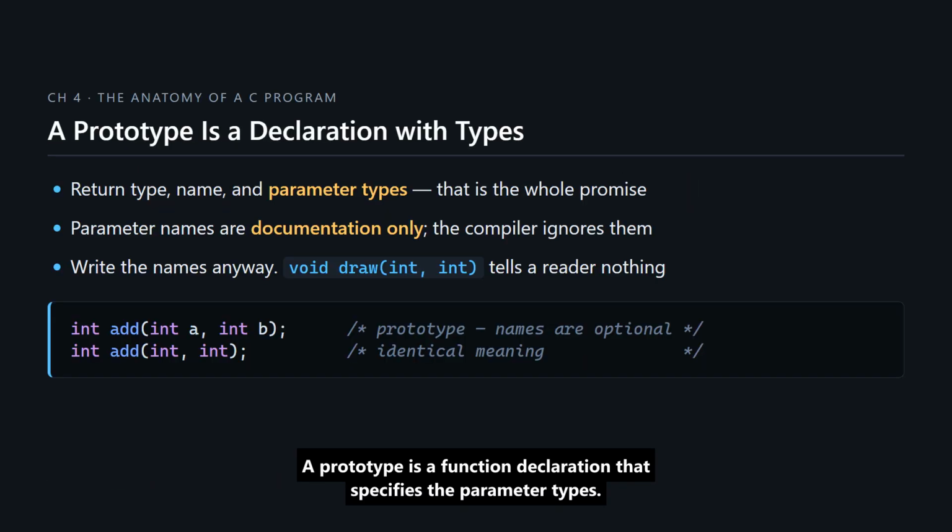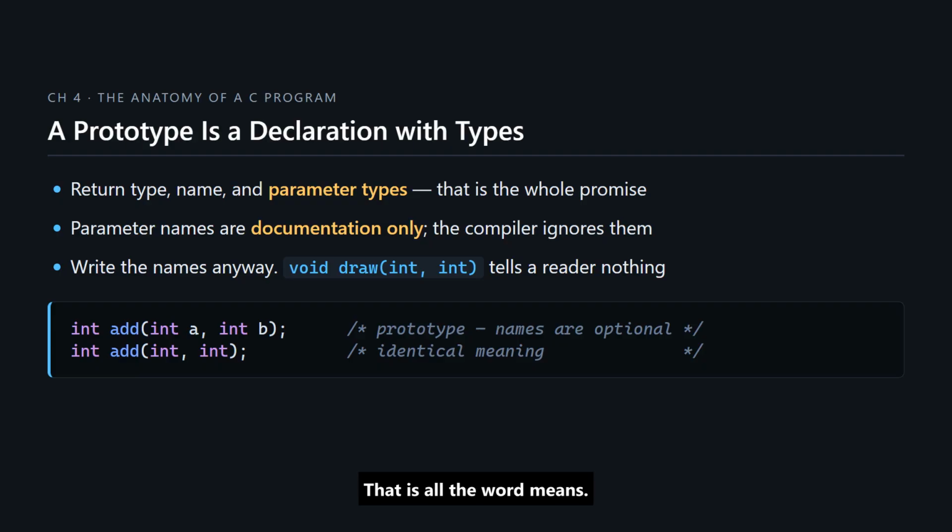A prototype is a function declaration that specifies the parameter types. That is all the word means. int add(int a, int b);